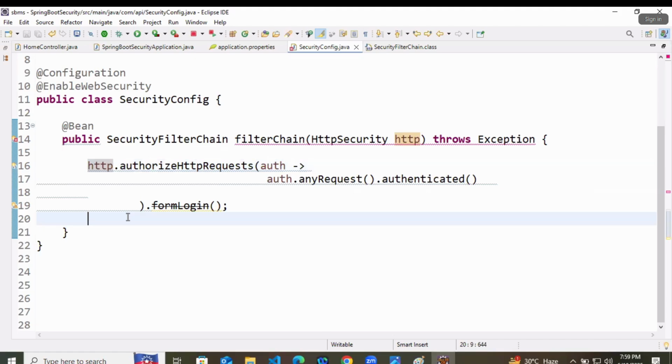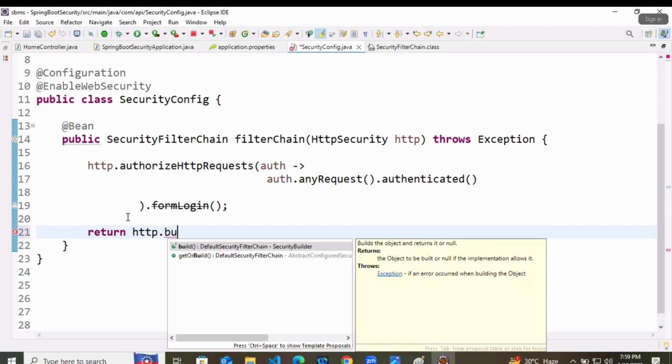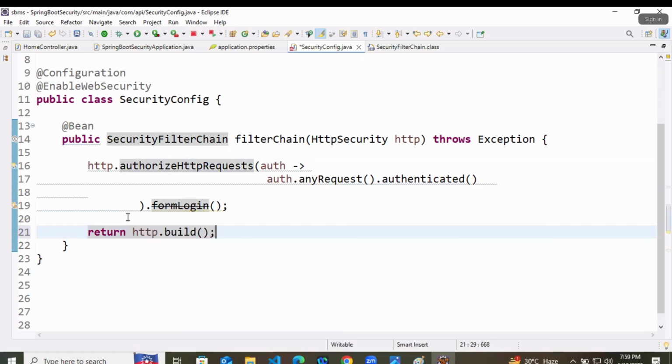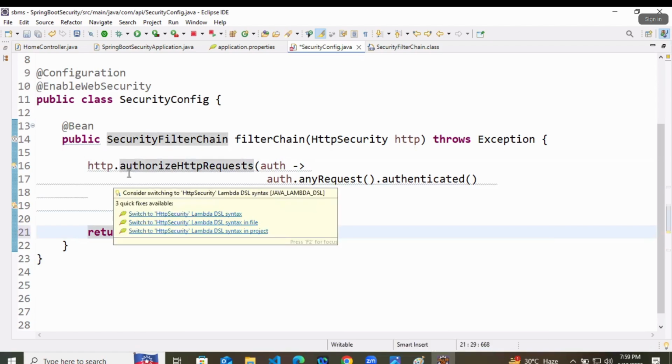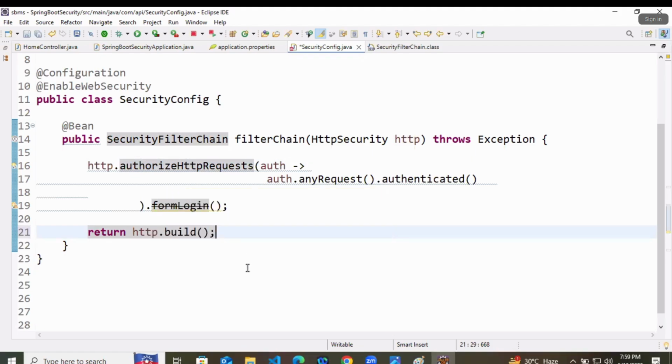By doing the form login. And here we will return something, and we will return HTTP dot build method. Like this, very simple.